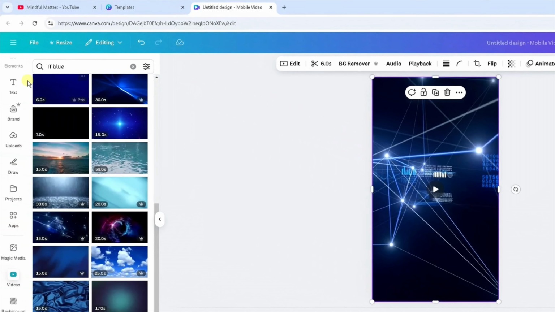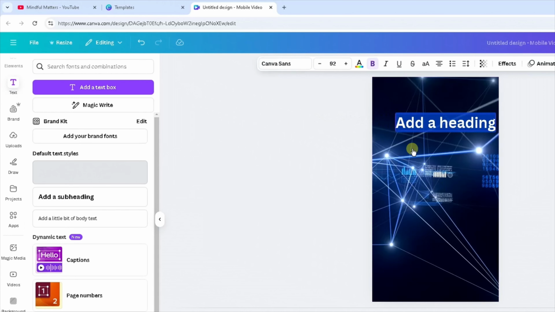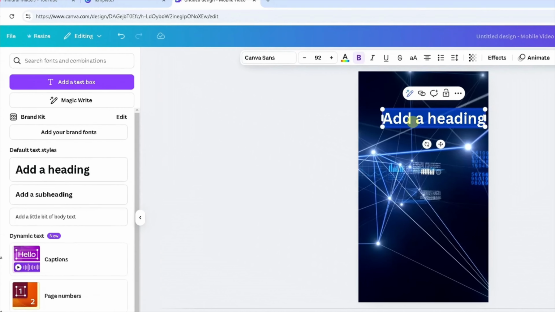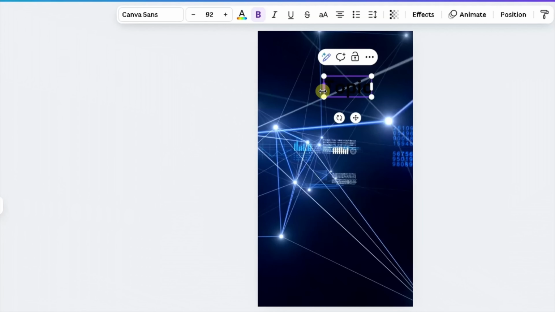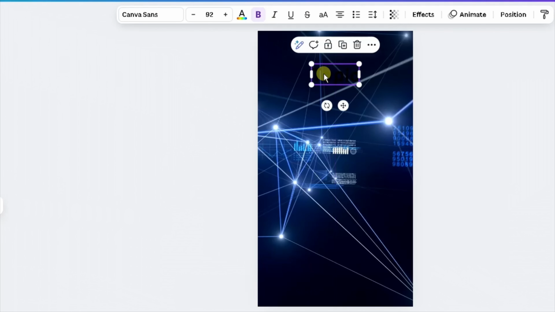So on the left side, go to text. I'm going to add a heading here. Drag that heading across like this, and I'm going to type in there topic. The same name as my Excel column heading. So I'm going to drag this now, click off it, drag on it, go to the center here, roughly around here, and then these